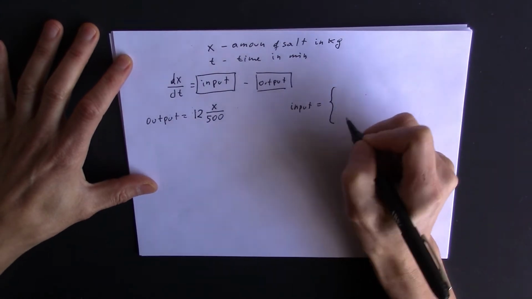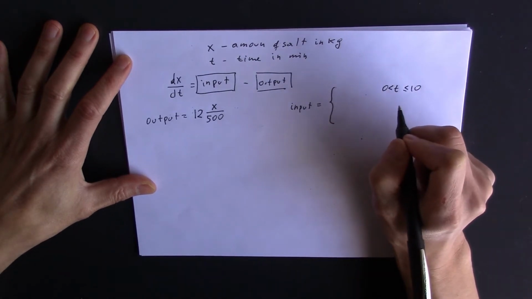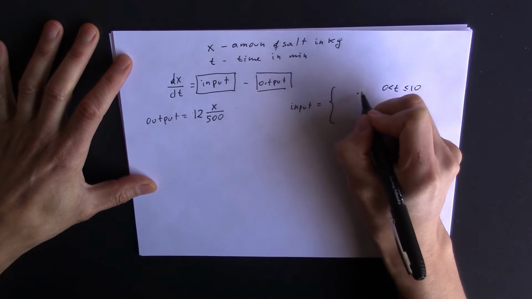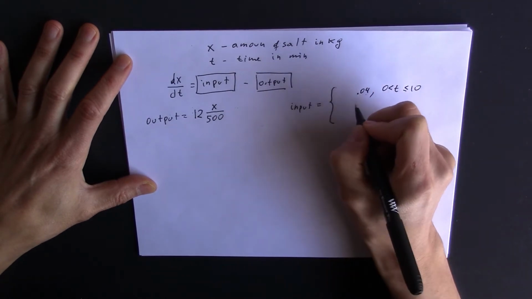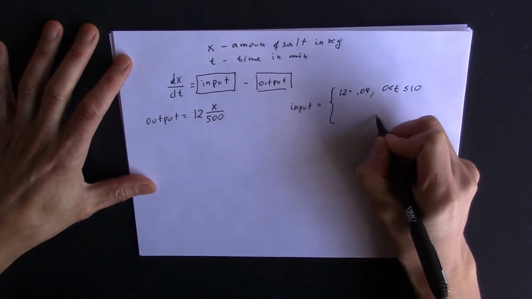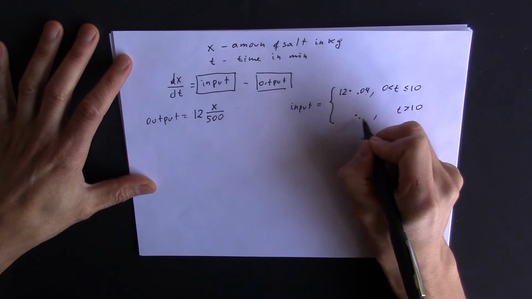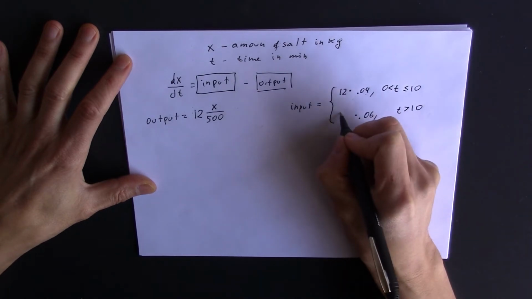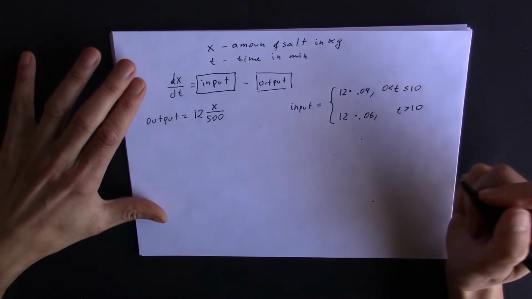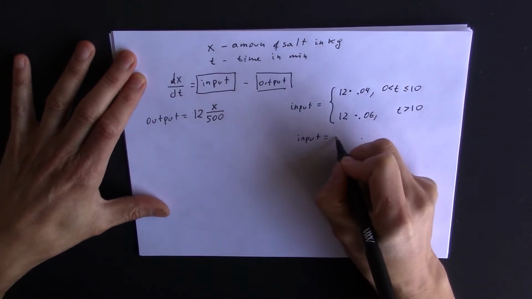It's going to be defined by cases. For the first 10 minutes, A is open and the concentration in A is 0.04, and 12 liters coming from A, so 12 times 0.04. After the first 10 minutes, B opens and the concentration in B is 0.06, and we have 12 liters coming from B, so we have 12 times 0.06. So we get the input equals 0.48